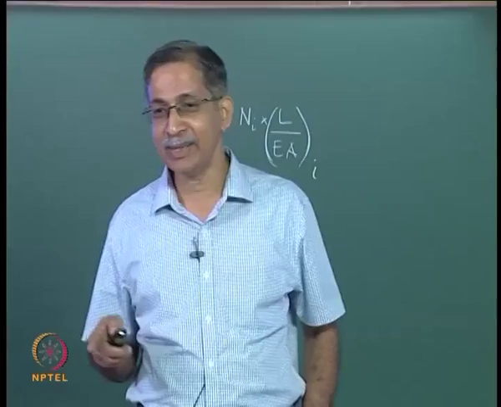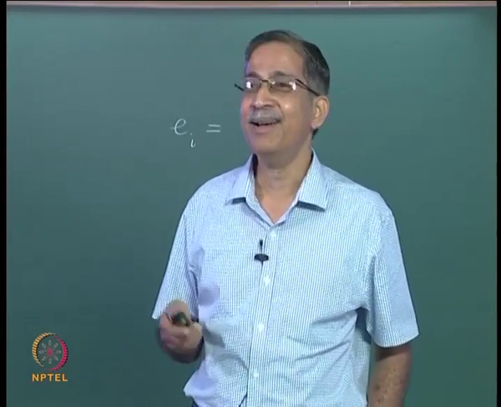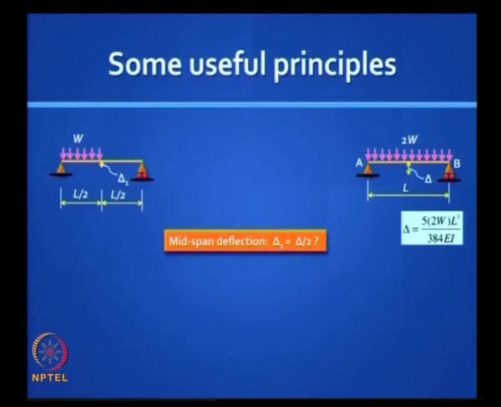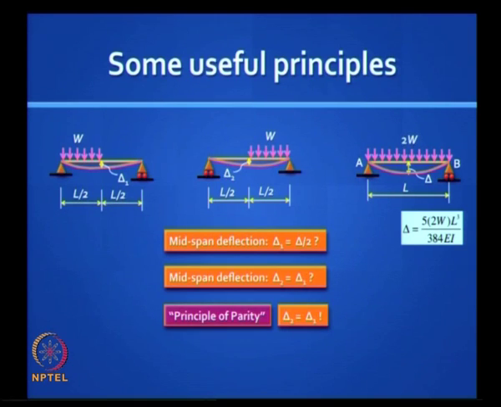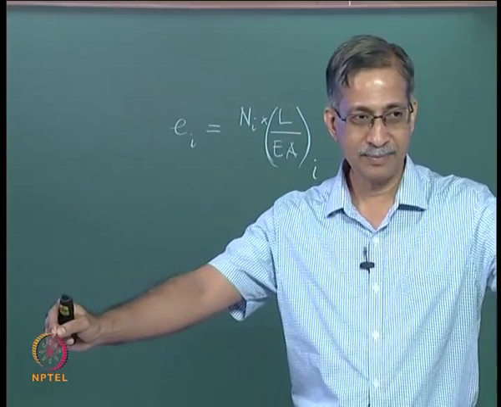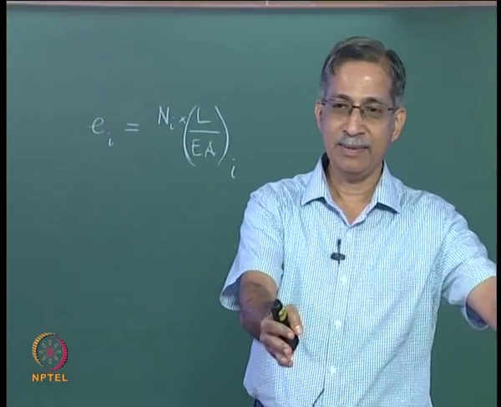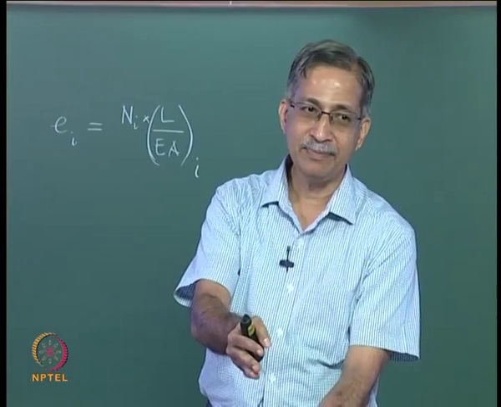But if you remember last year when I asked you this question, all of you said no, right? So why do we say yes? Because of parity. Now to understand parity, you take another beam with the other half loaded and you apply the principle of superposition. You will find that the sum delta 1 plus delta 2 must be equal to delta, but you can argue that delta 1 and delta 2 are the same, because let us say we do an experiment and we load this half of the beam and we measure the deflection at the midspan.